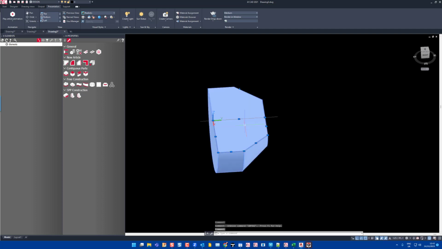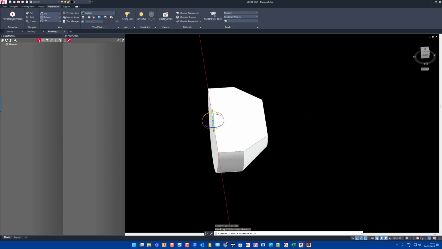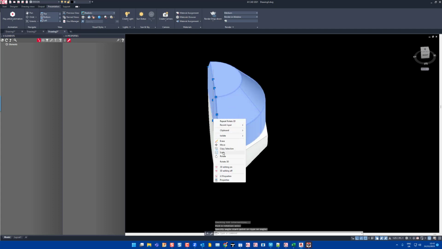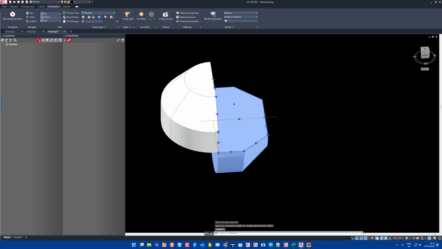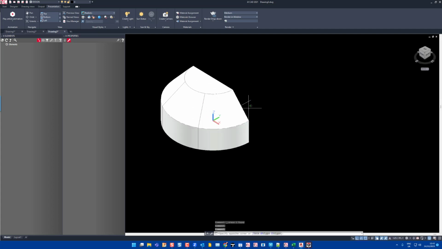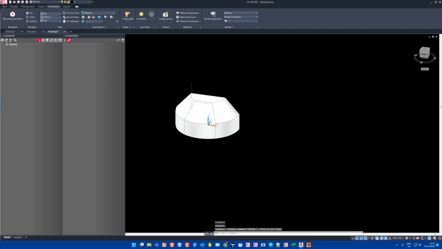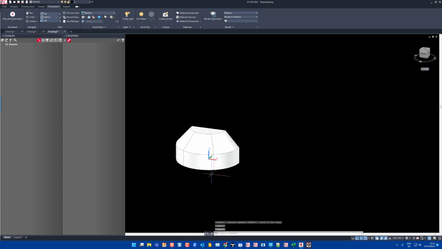So I now have this shape. I'm going to rotate it in 3D about this point and say that this should sit upright, and it should also rotate around this point as well, so that it's facing the front. Okay, so I now have this shape in here, and then the next thing that I want to do is save this. So I'm going to save